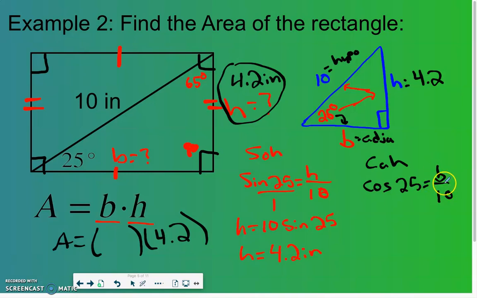So I still have the same ratio, h over 10 or b over 10. It's just a matter of changing the trig function. So b is equal to 10 cosine of 25. And when you type that into your calculator, you get a base of 9.1. So that gets replaced over here. Base of 9.1, a height of 4.2. I'll plug that into my formula. Then I take area is equal to 9.1 times 4.2, which gives me the area of